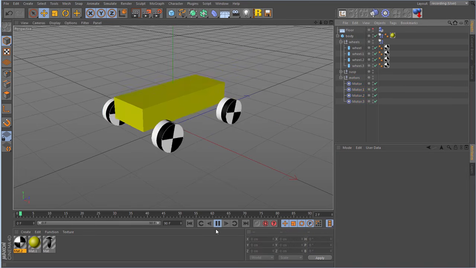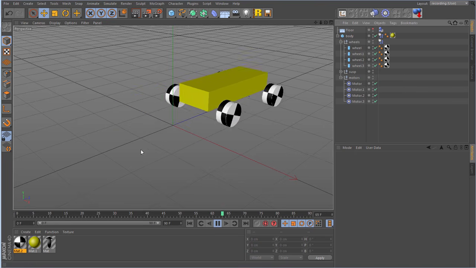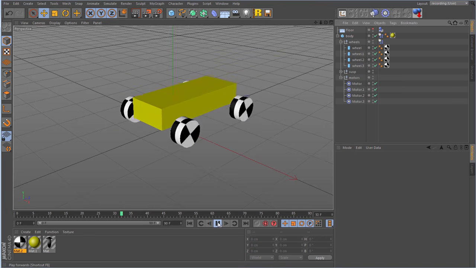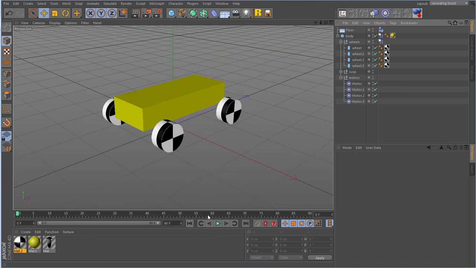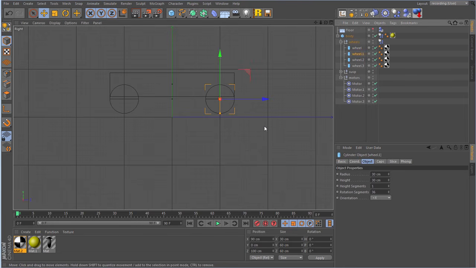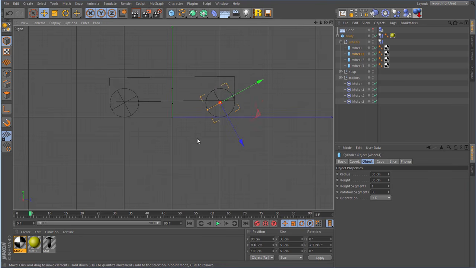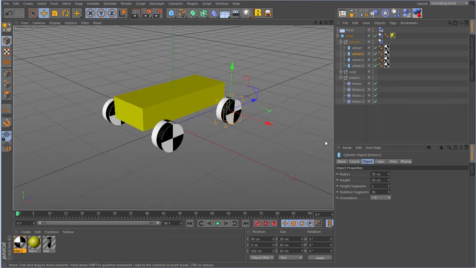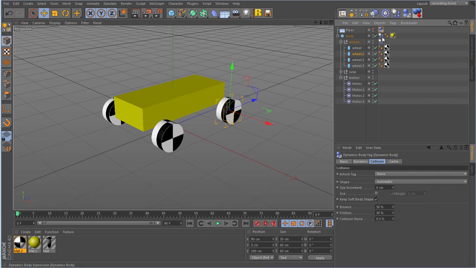Well, that moves the car, but I don't know if you can see this, the wheels are spinning. The first few frames, the wheels are spinning. Let's just look at this from the side view. I'll highlight one of the wheels and just go one frame at a time. Now as that wheel hits the deck, you can see that the wheel is spinning before the car moves. We can soon remedy that by cranking up the friction of the wheels and the friction of the floor. So I can do that, do them both together.